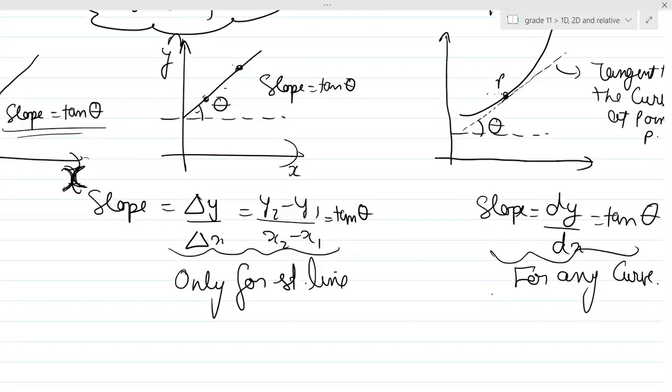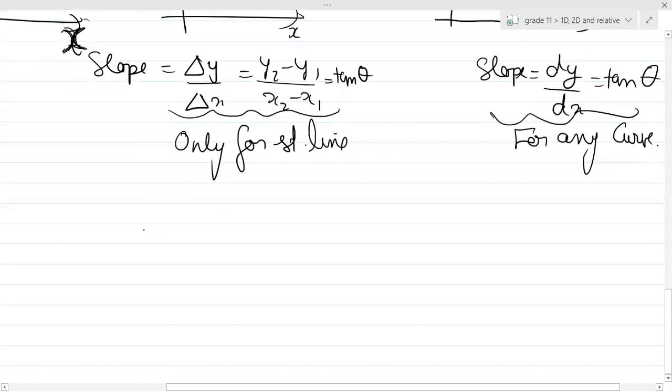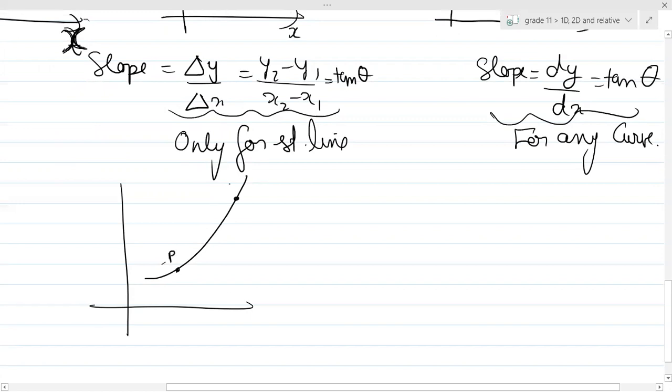Sir, I have a doubt. If this is curved, why are we converting it into smaller pieces? Because you can't define the slope. Can you see? If I have a curve like this, the same curve, and I choose two different points, and tell me the slope over here and the slope over here, will it be the same? Nope, obviously not. That is why we are converting this into a small straight line, and then drawing the tangent over there. Are you getting my point?